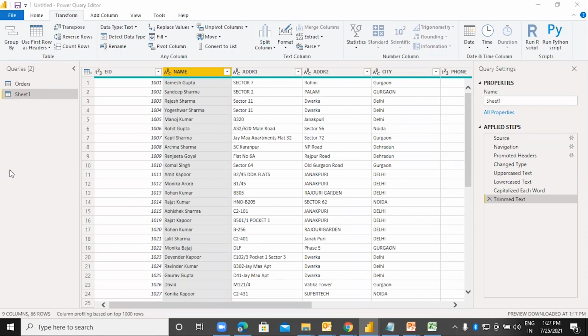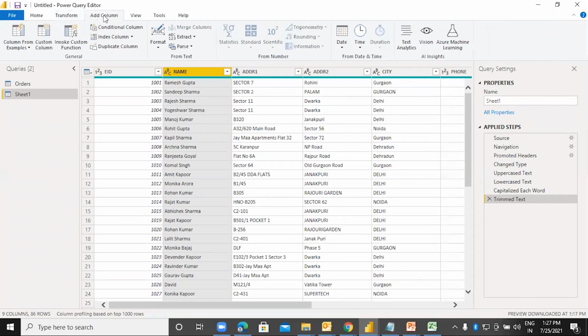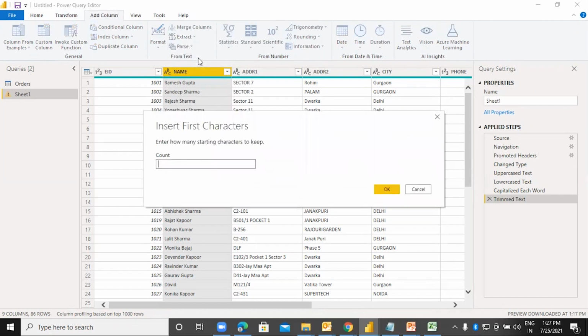Currently I am in the transform tab, and all the functions which I am using are applied onto the respective column. All these functions are also available in the add column tab. You can say from text, format, extract, everything you will be getting over here. So I will say extract. I want the first character, 1.